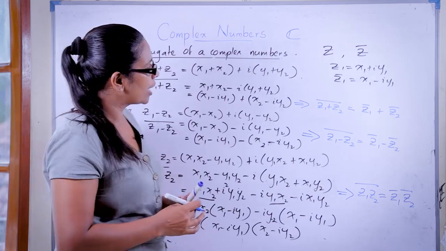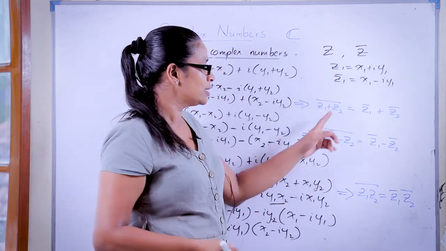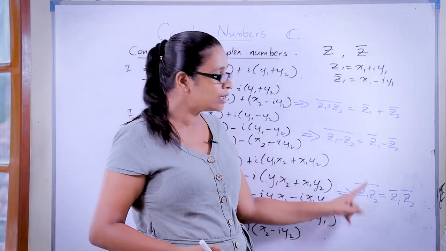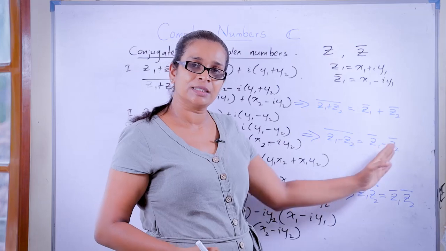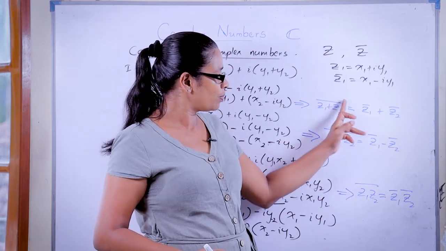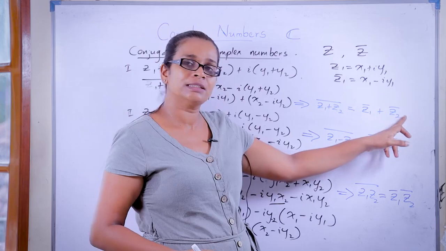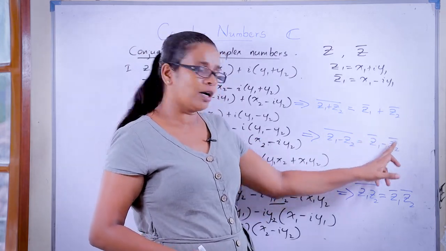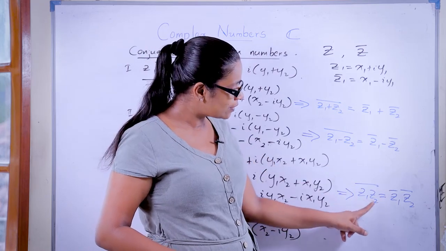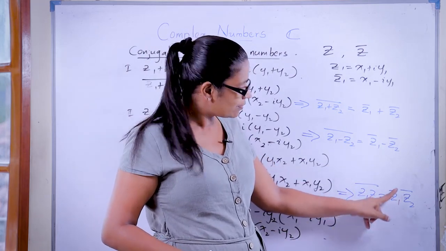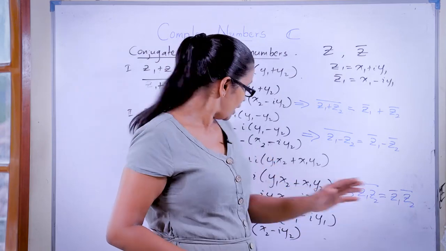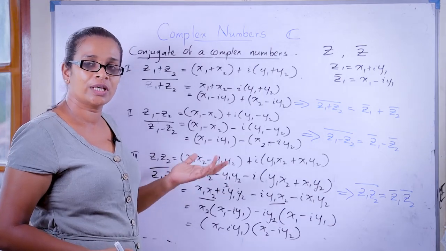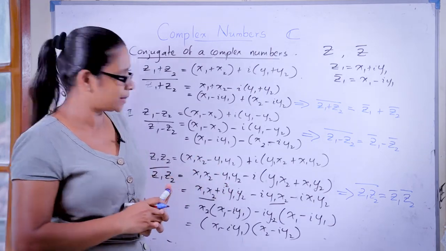Okay. So, can you remember this one? Addition, subtraction and multiplication. There was a conjugate sign here, but you can consider them separately. Okay. The conjugate of Z1 plus Z2, you can write down as Z1 bar plus Z2 bar, the conjugate of Z1 minus Z2 equals Z1 bar minus Z2 bar, and the conjugate of Z1 Z2 equals Z1 bar into Z2 bar. Okay. Now, in the fourth one, I am going to talk about the division, the conjugate related to the division of complex numbers.